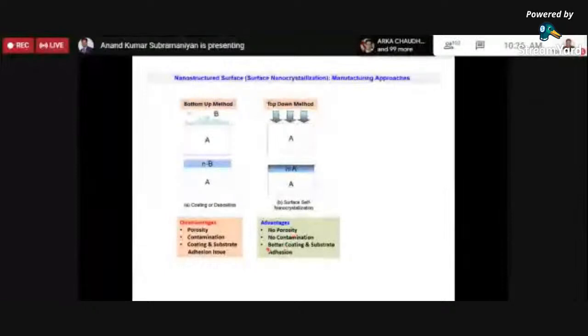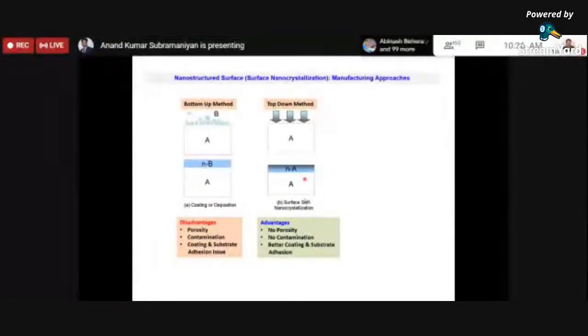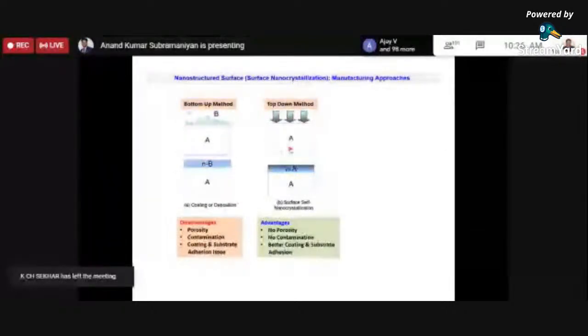And there won't be any adhesion issue because we are not at all trying to coat or deposit any additional material onto the components, right? So that's how this top-down method has an edge over the bottom-up method,